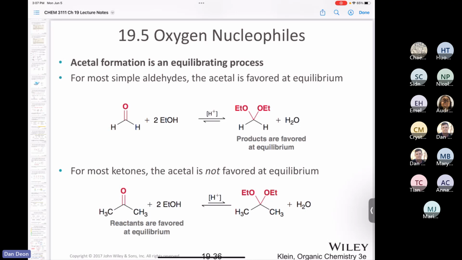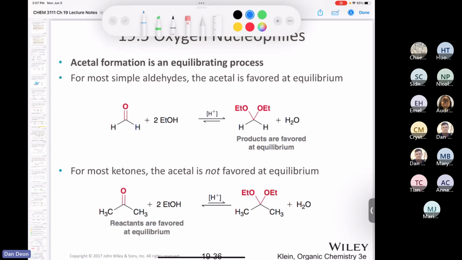And so what do we do? How do we drive the reaction forward? The way that we do that is we take advantage of Le Chatelier's principle and we remove the water from the reaction. Now, in the book, it says using a special distillation technique. It's called a Dean Stark trap. Dean Stark trap is the name of the trap, so you can Google it if you want. And we use that to isolate any water, and that will drive the reaction towards the